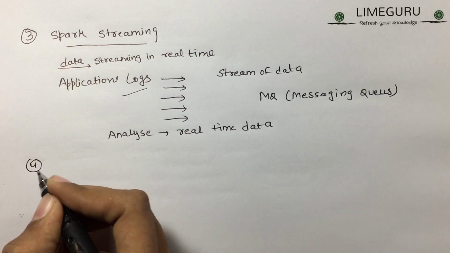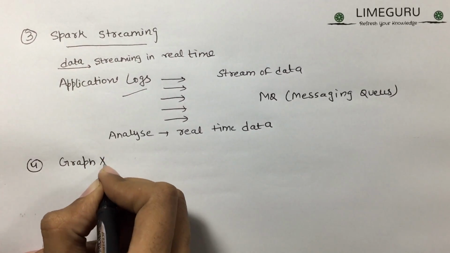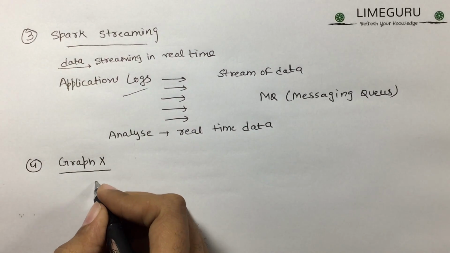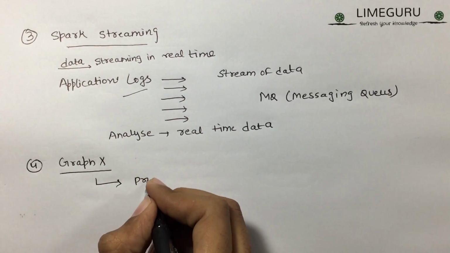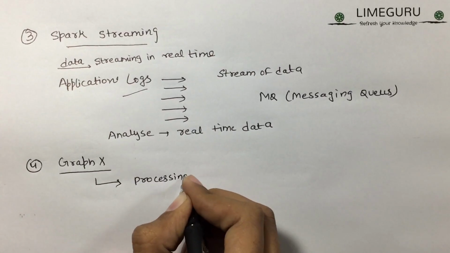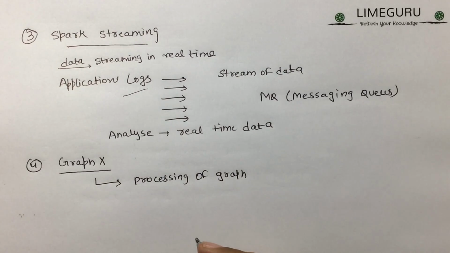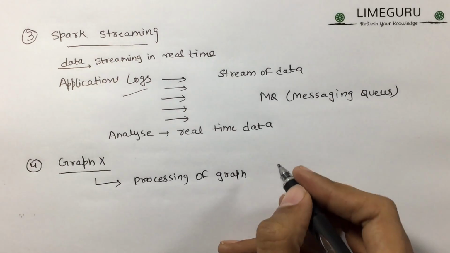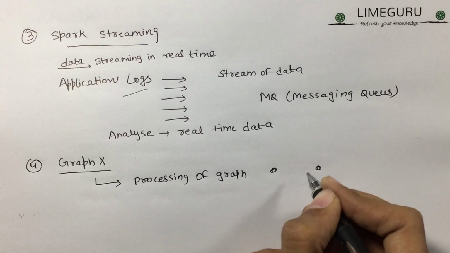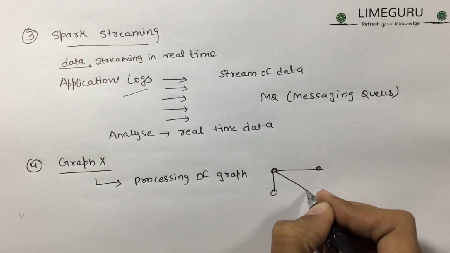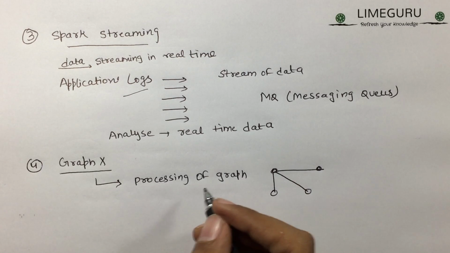Another feature which Spark offers is GraphX. GraphX is basically used for processing of graph. And what do you mean by graph? Graph means vertices connected through edges. So this is a simple graph, but in real scenarios the graphs are so complex that